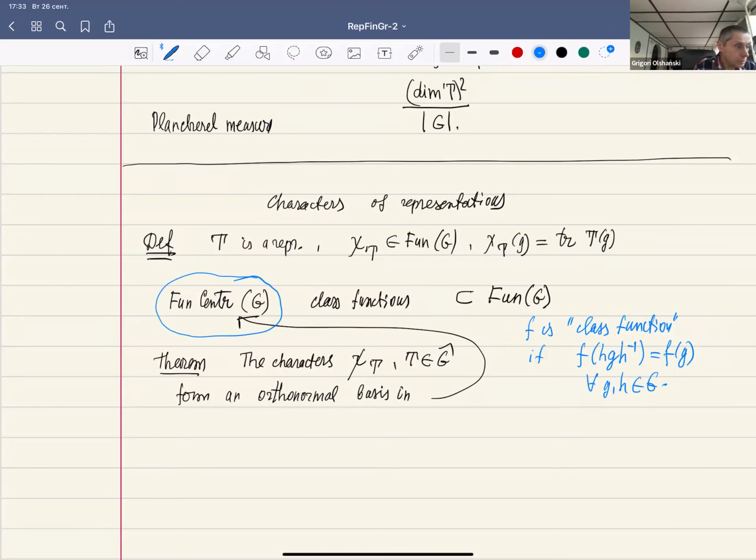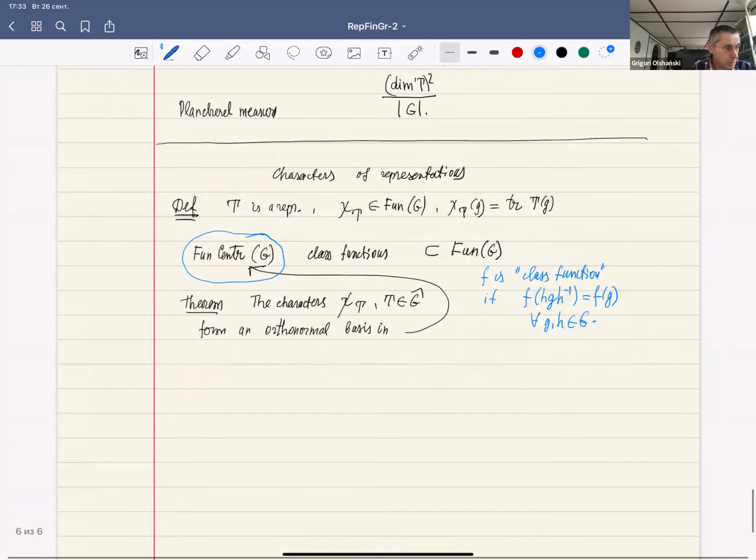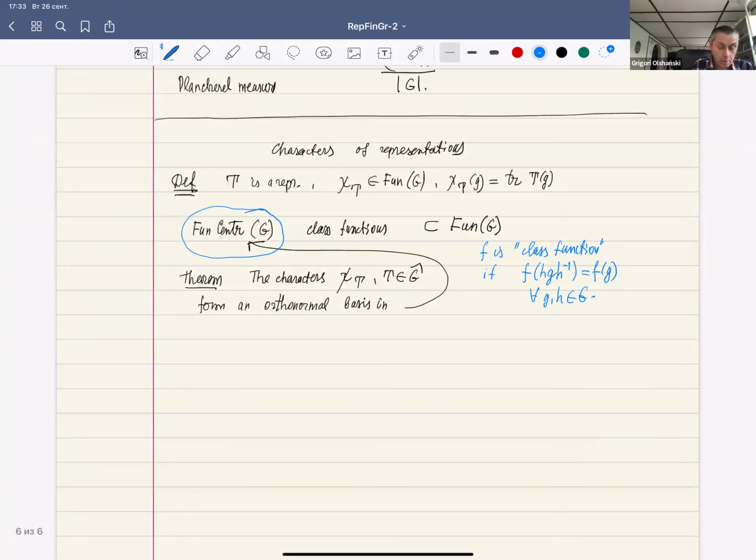So the proof. Why orthonormal? This is easy to see. This is because by the very definition of a character,